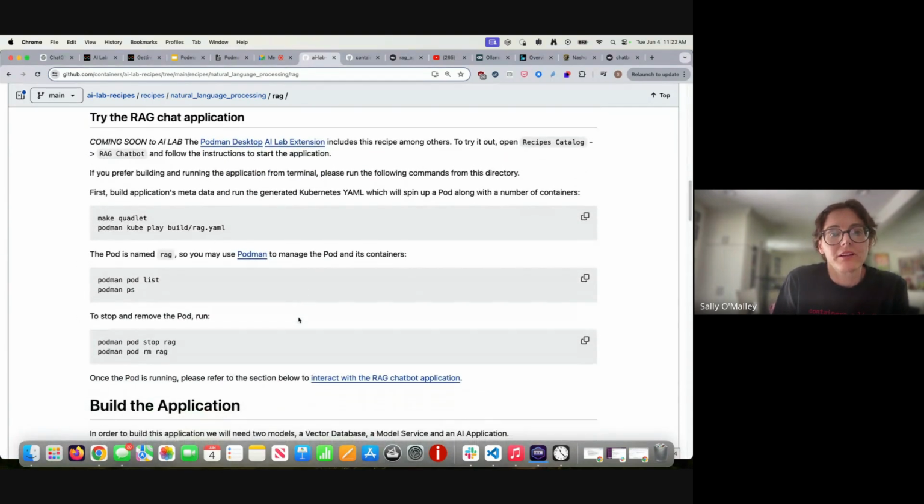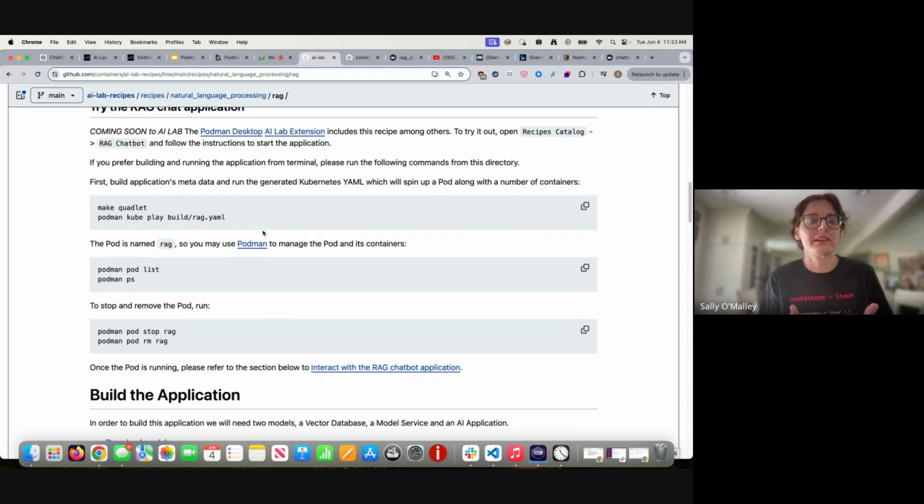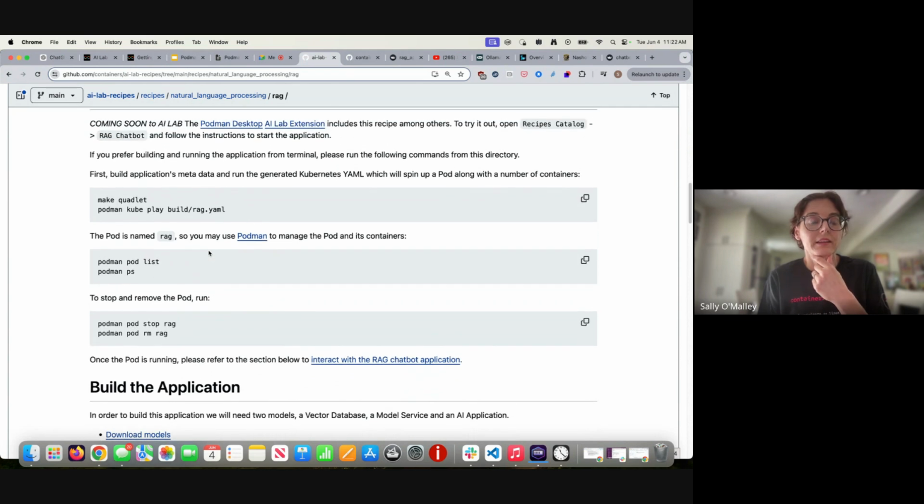So in order to play around with this from the command line, you can go to this repository and just run, there's some really convenient make commands. I don't have time to show them all here, but the one that you use if you just want to spin up something quickly locally would be make quadlet. It does create the files necessary to spin up a systemd service. However, you can take just the YAML file from the Quadlet. You can take the generated YAML file and just run it with Podman kubeplay. So I'm first going to show you it running, and then I'll show it to you because it's already running.